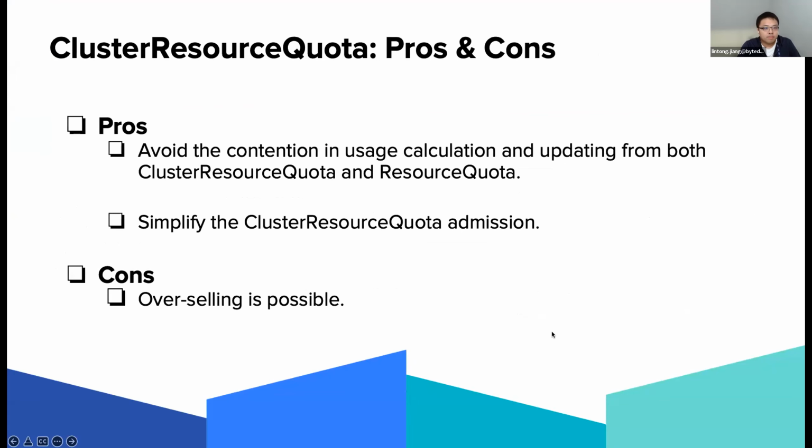There are some advantages and disadvantages to this kind of design. The advantage is that it effectively avoids contention in usage calculation and update between cluster resource quota and resource quota.